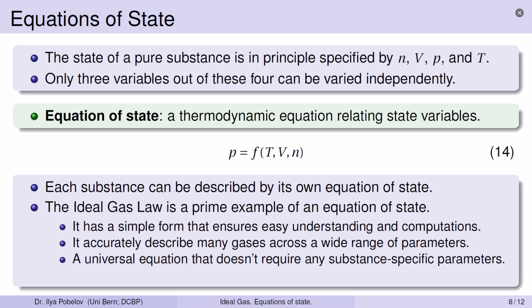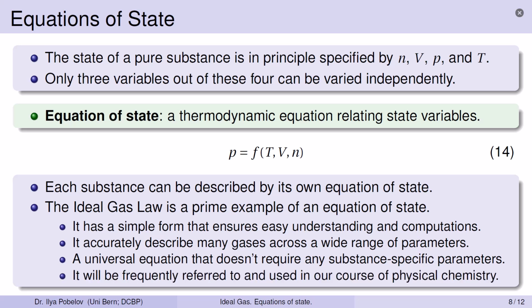One of the key advantages is its generality. It doesn't require any substance-specific parameters, making it universal in its application. Finally, given its importance and relevance, we will be frequently referring to and using the ideal gas law throughout our